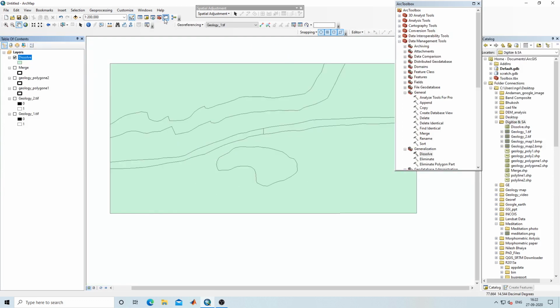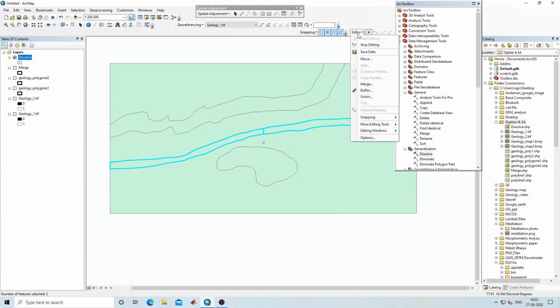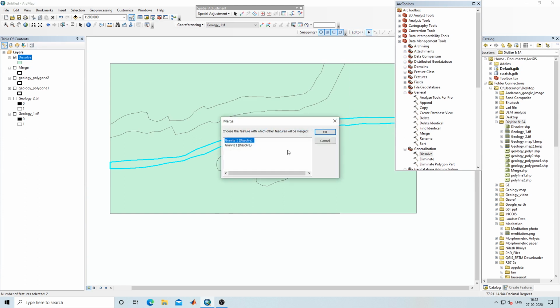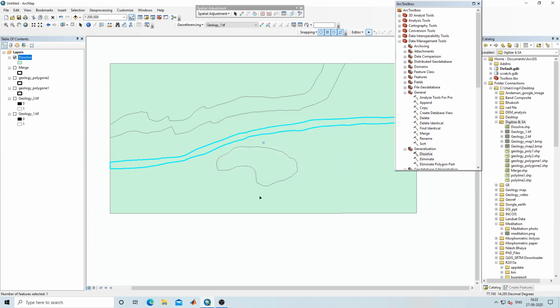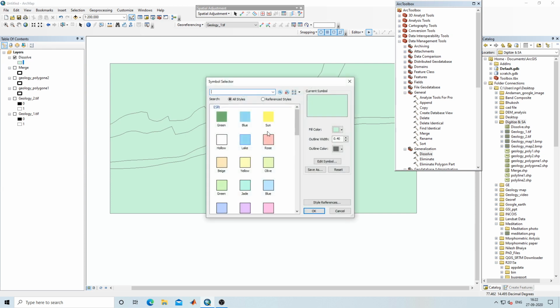If I select this and select this, and then we need to start editor and click on merge. Click on merge. Now you can see all our two different images are now merged into a single image.